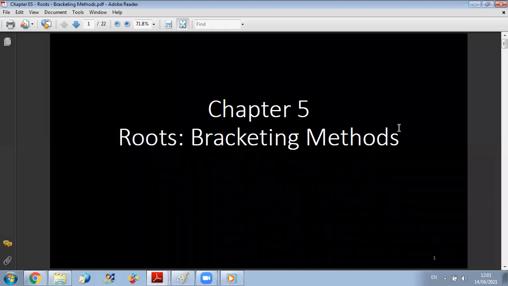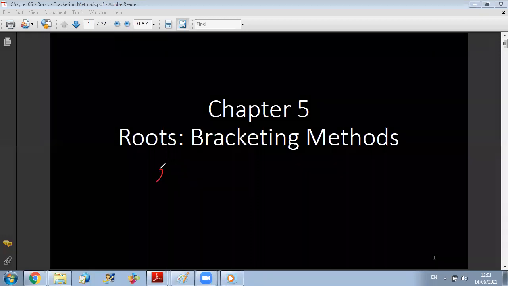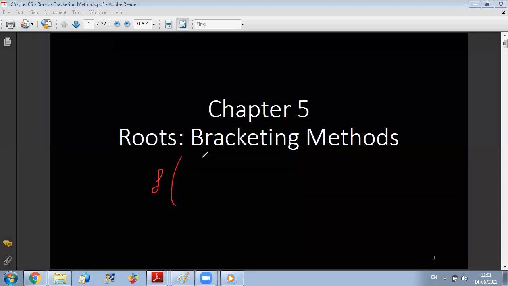Okay, so today we will introduce a new chapter. We will start to talk about methods, numerical methods to find roots of an equation. So when we say the root of an equation, this means that if we have a function of x and we want to solve for x for which f of x equals 0, this means that we are looking at the roots. Okay? And we have several numerical methods that are developed in this field because, in general,